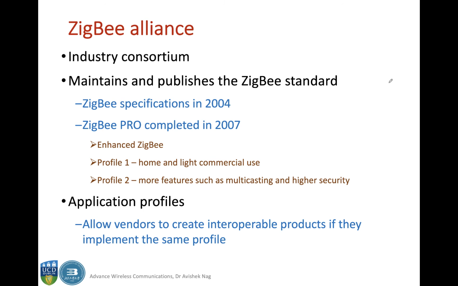So again, we have a ZigBee Alliance. You saw in the case of Wi-Fi, you had a Wi-Fi Alliance. In the case of Bluetooth, you saw that there is a Special Interest Group. So all these consortiums, these are industry consortiums, and